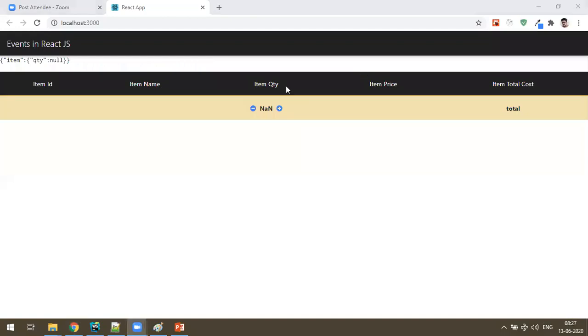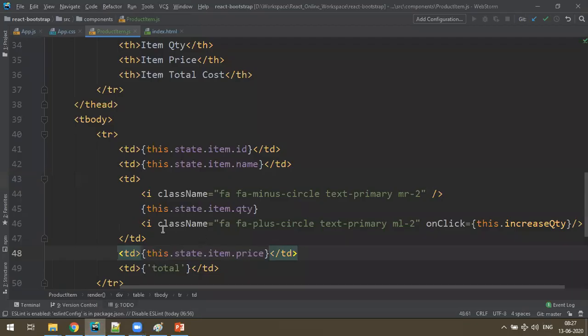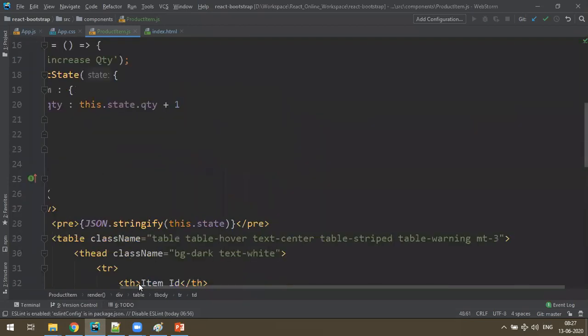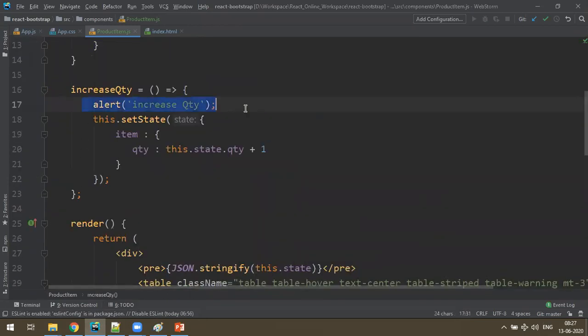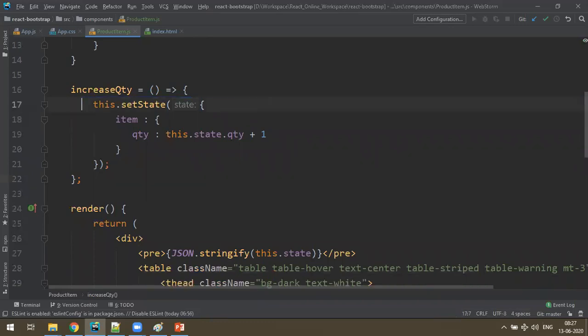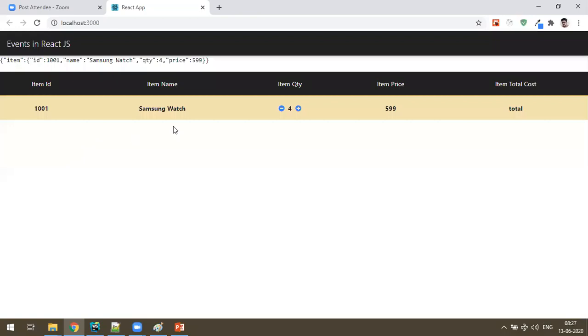It's become null. Ah, okay, I'll tell you what happened. I don't want this now. See here, observe closely. Something happened now. Whenever I click on the plus symbol, this is the state data, okay? When I click on the plus symbol, all the remaining things have gone off and quantity has become null.